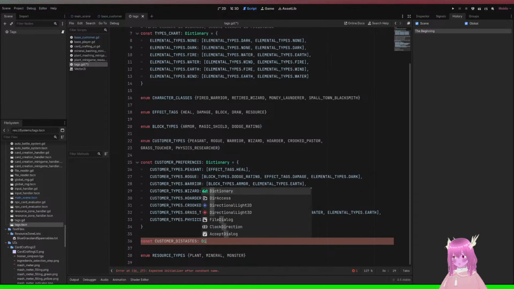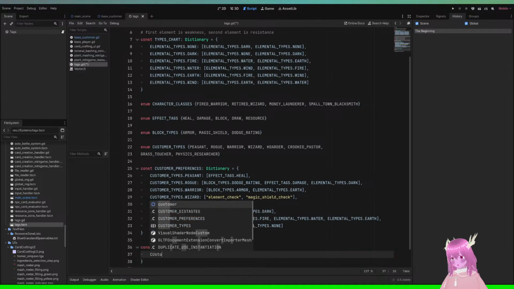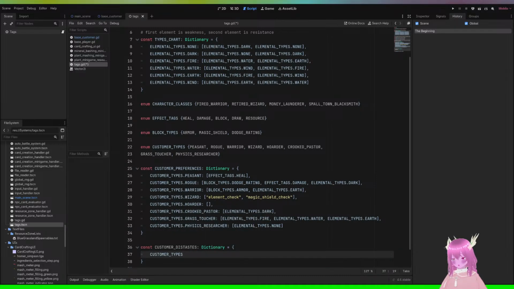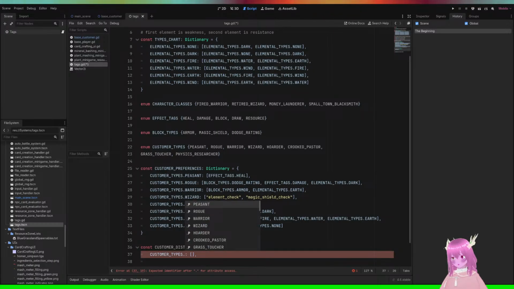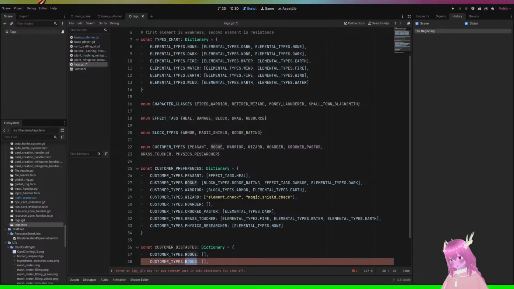I only thought of them for these ones, but not all of them will have one. Not all of the characters will have a customer distaste. I don't think the peasant will have any distaste, but I could see the rogue having one. I could see the warrior having one.